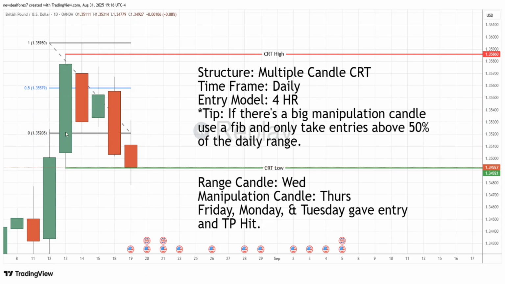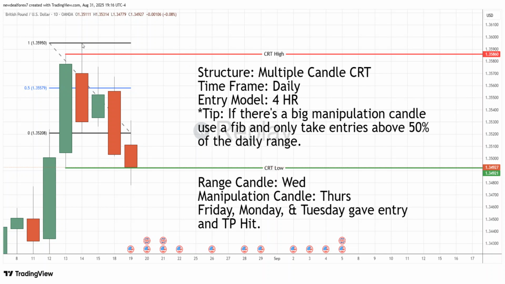Here is the range candle right here. I apologize. This is the daily chart. I should have cropped out these 3 leading candles up to it, but this is the range candle right here. Okay, this is the range candle right here. Now, here's the thing with this, and I'm gonna take my time with this one because even though the time frame is daily,